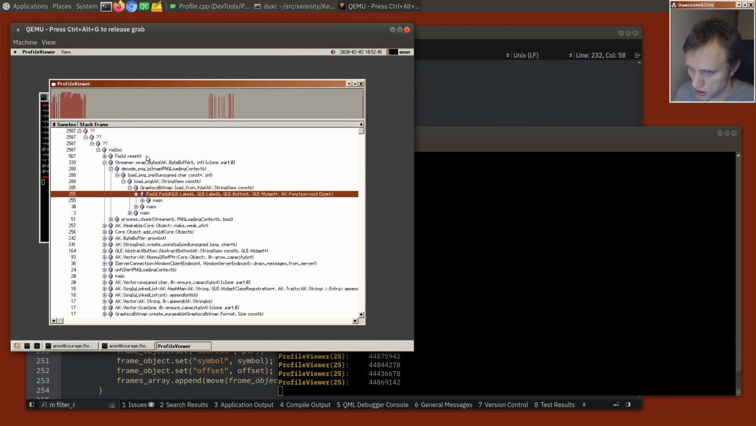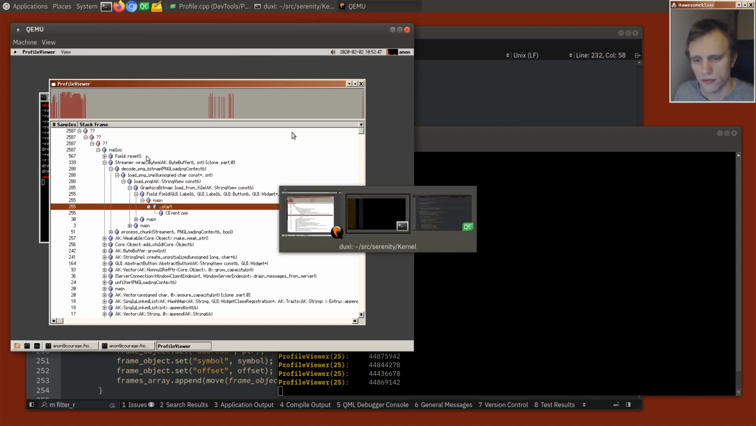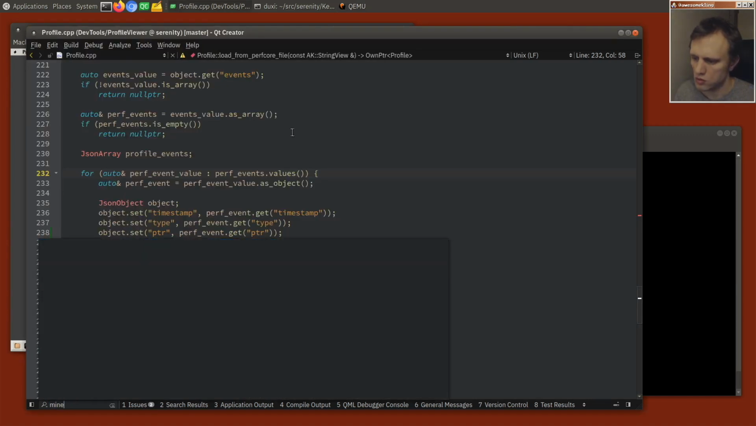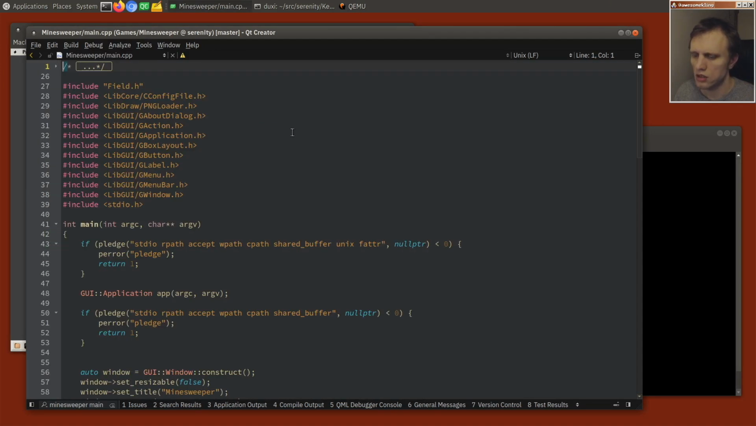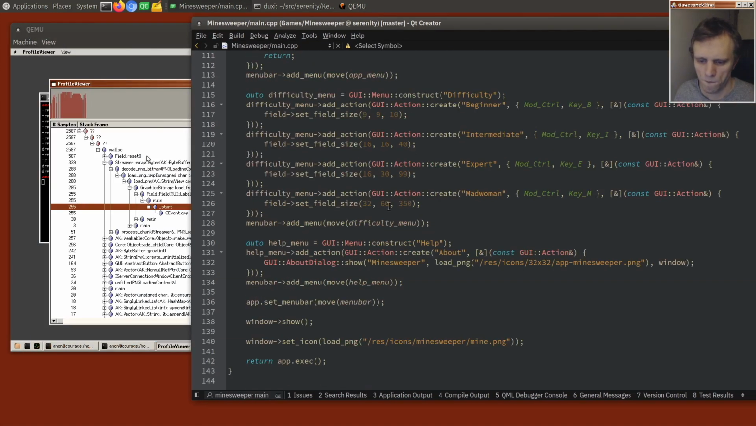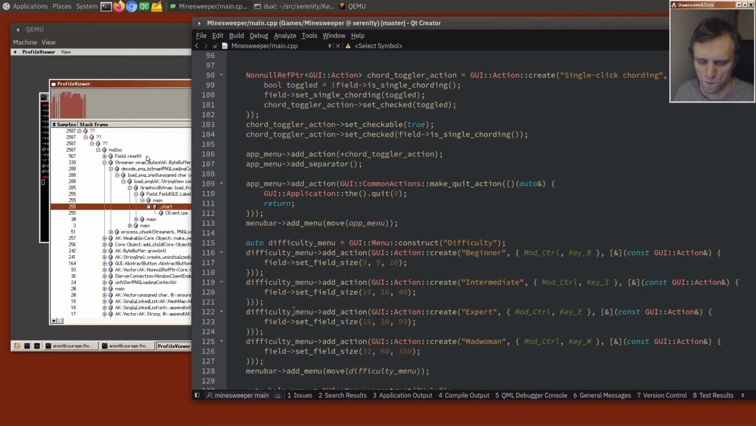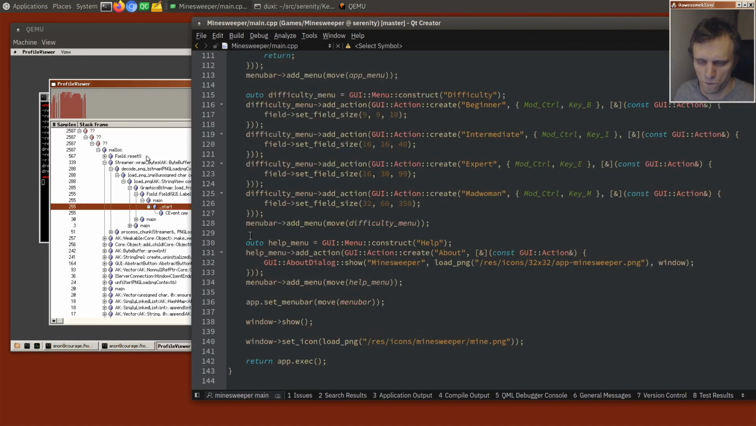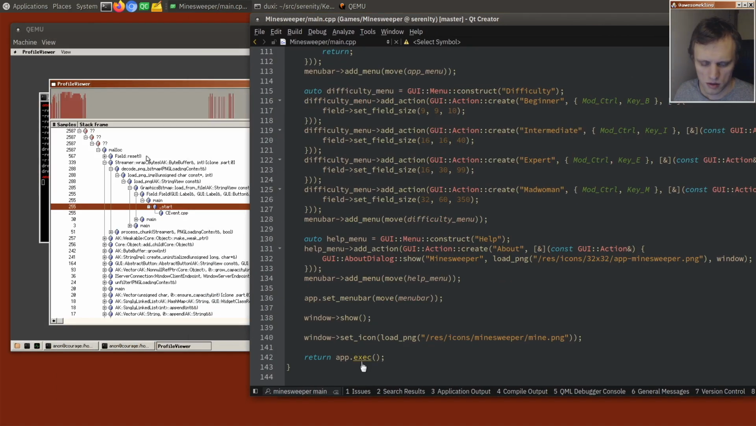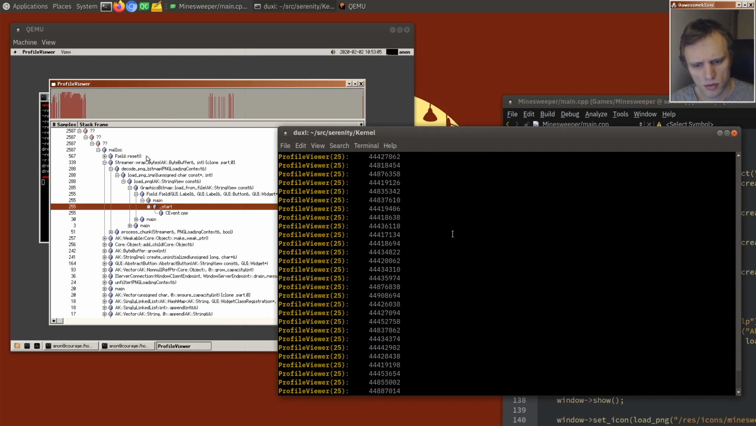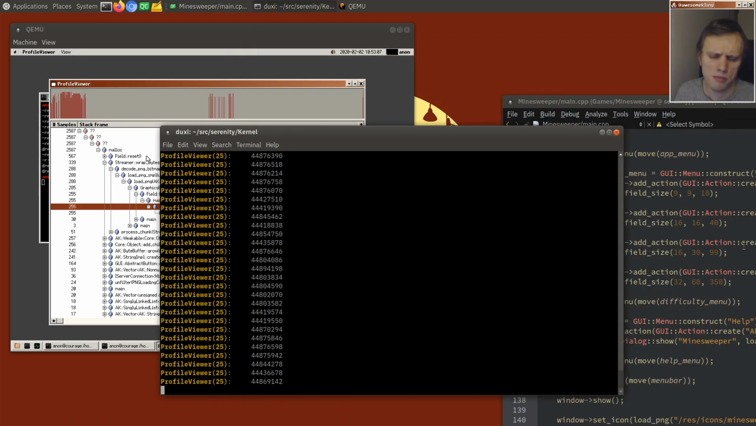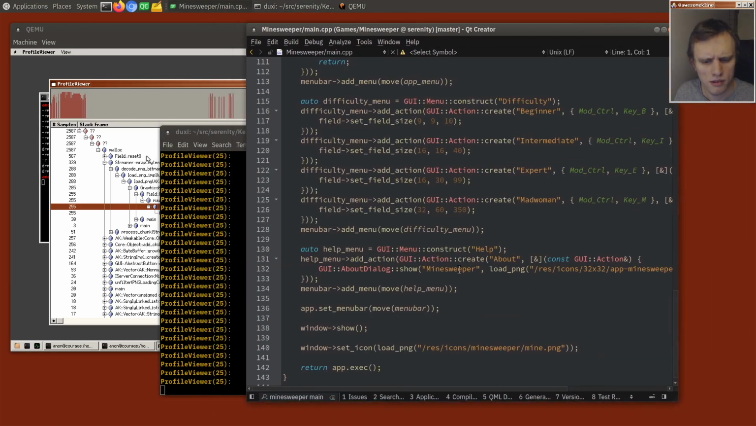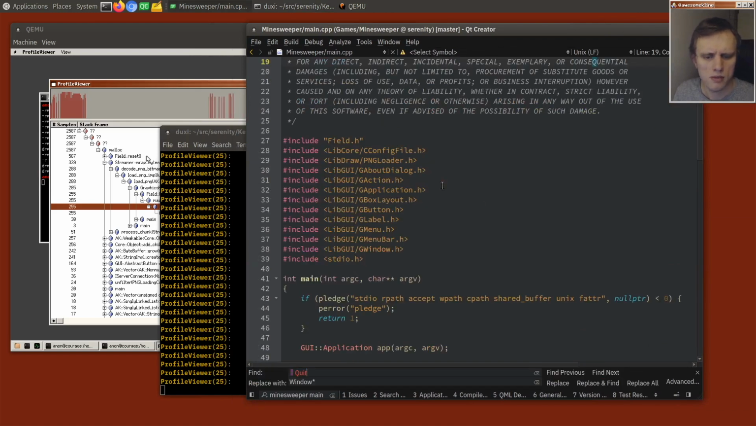PNGs. Who's loading PNGs? Field. Minesweeper main. How do we exit? Like, do we exit from the main function? I guess we,